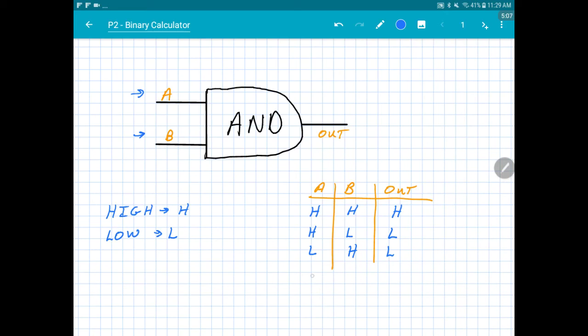Now here's one trickier one. Let's say A is low and B is low. We might think that because A is low and B is low, the output should be high. That's actually not how an AND gate works. An AND logic gate only responds to high signals. What we would call that is an active high gate. So it will only respond high in this case. A low signal and a low signal will result in still a low signal. So we're looking for